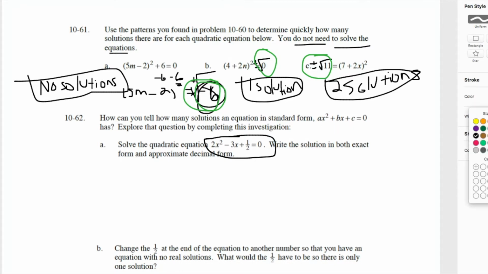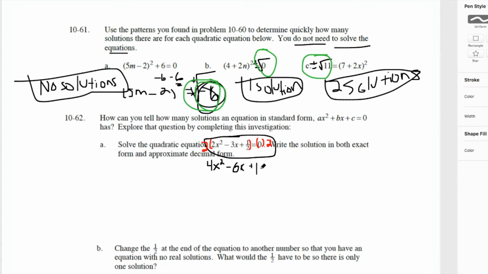But one thing I might do before solving this is to make it an easier equation. Because we have a half here, if I have a half of a term, or a half of a variable or a half of a constant, I can double both sides, multiply both sides by 2. And because 0 is on the right side, that's easy. Both the right and left side represent 0, so it's still going to equal 0, but we'll know that the expression equals 0 because it's just twice as much as 0. So 4x squared minus 6x plus 1